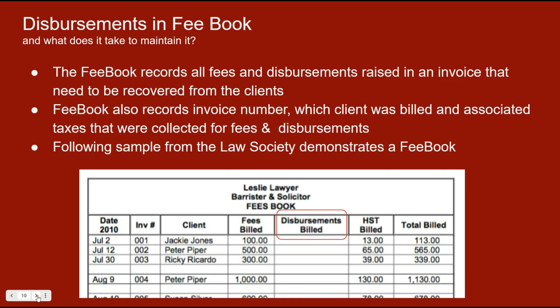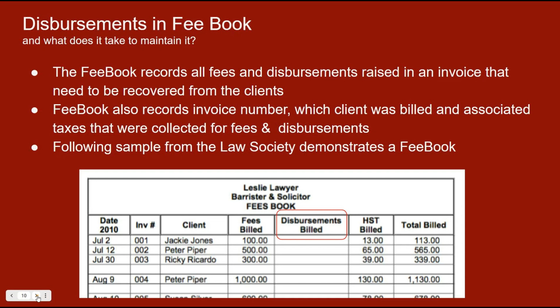Because that also needs to be a part of that invoice, and hence it's part of the fee book. The only difference, of course, is when you're recovering money for your legal fees, it's for the time and value that you put in. But when it's for disbursements, it's for the actual money that you've already spent. That's pretty much the difference, right?